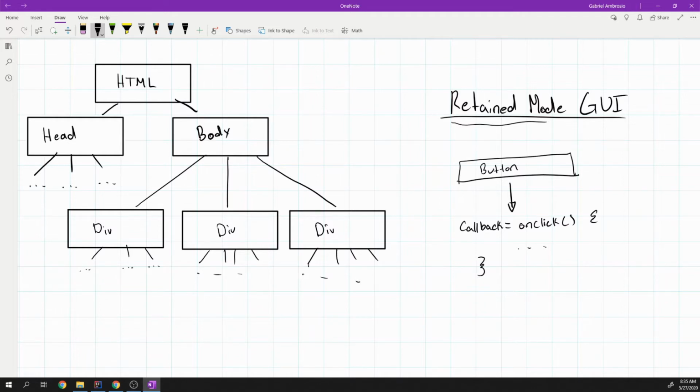The most stereotypical tree structure that you can think of is the DOM, the document object model, that is part of websites for HTML and CSS and stuff like that. So they build up this big structure. You have the HTML tag, which has a head tag and a body tag. The body tag can have several div tags. The div tags can have any of the other tags and everything. And you build up this complex structure, which basically says this is how I want to lay out everything,